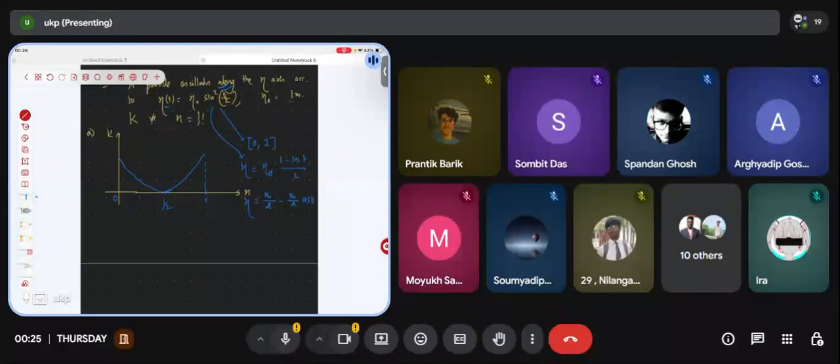This is homework till your next session. There are two options. Option 1: this is not an SHM. Option 2: this is an SHM but the mean position is shifted somewhere else. एक तो आप आंसर हो सकता है कि this is not an SHM, oscillation but not an SHM, और second आप बोल सकते हो कि this is an SHM but the mean position is shifted somewhere else. I'll be very happy if someone can explain. But anyway,